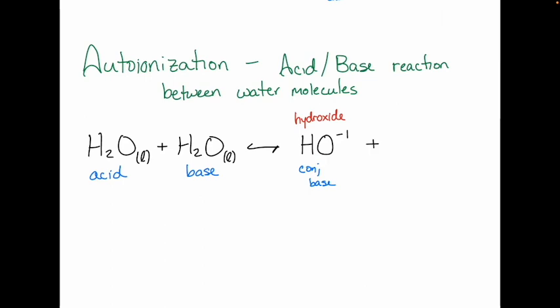All right, and then my conjugate acid is going to be the result of water accepting a proton. So I'm going to increase my number of hydrogens by 1 and increase my charge by 1. So this is my conjugate acid. And we have a special name for this guy here as well. What do we call this one? So this is hydronium.